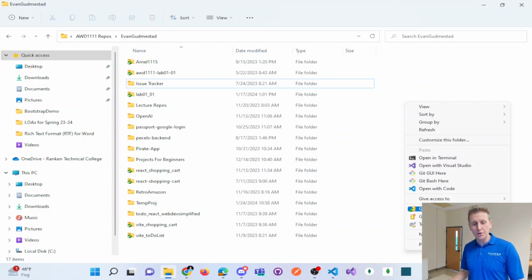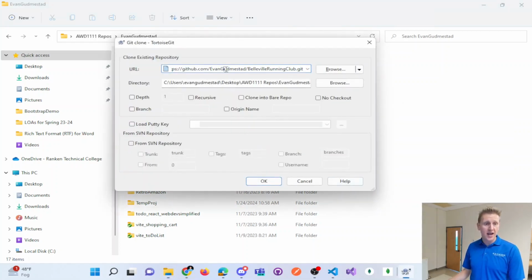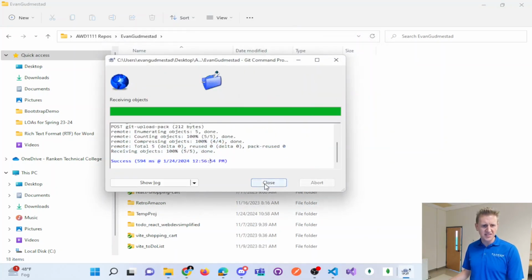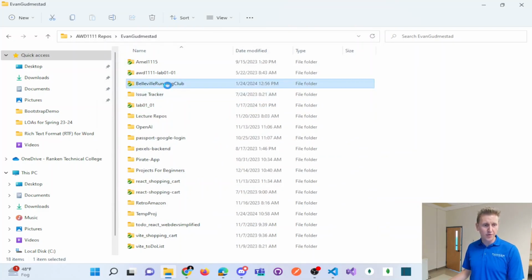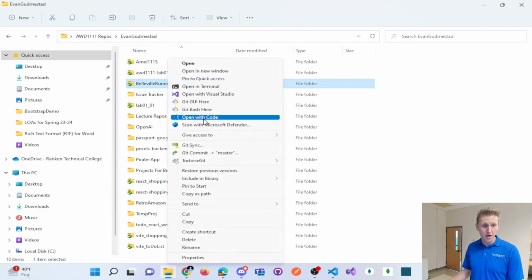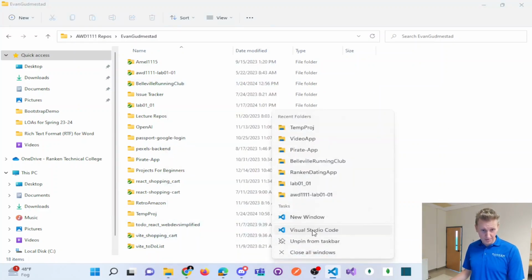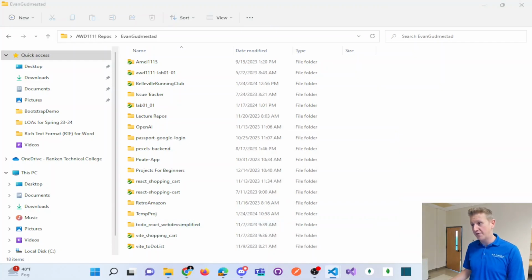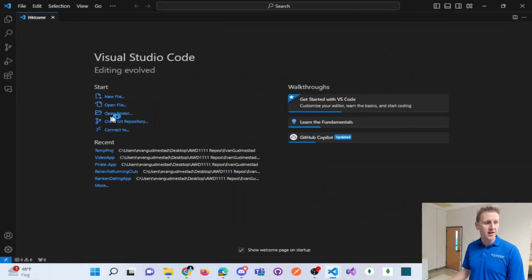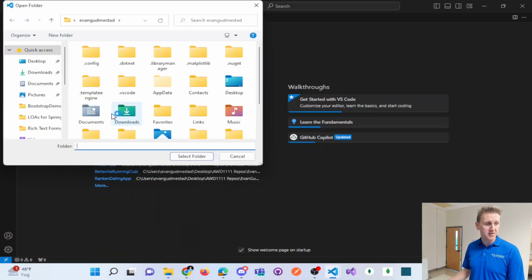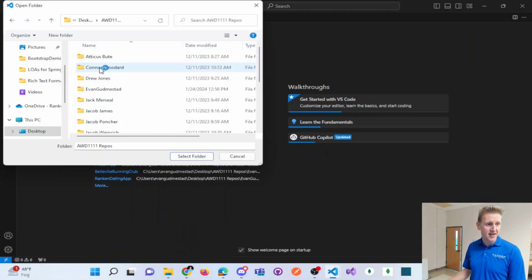Now this is Tortoise Git. Tortoise Git is a tool that's built into Windows, and it will clone my GitHub repository into this directory. So I'll just click OK. We see success. There's my folder, which I can right-click and open with code. If you have that option there, that's great. If not, you can open up a new VS Code and open the folder from within the Open Folder menu. So let's click on Open Folder, Desktop, click,